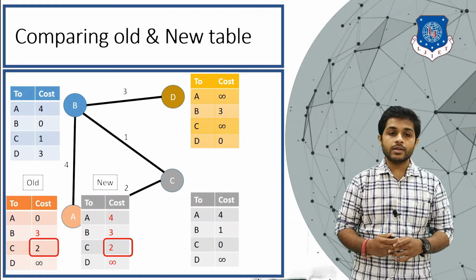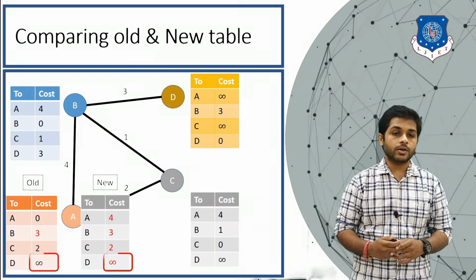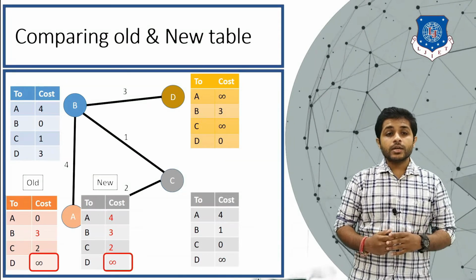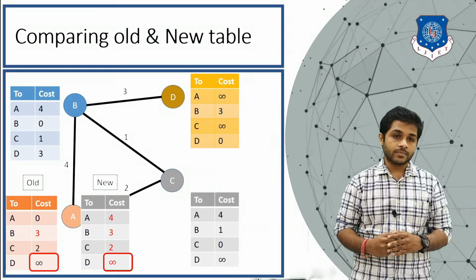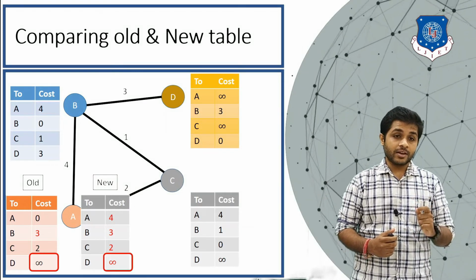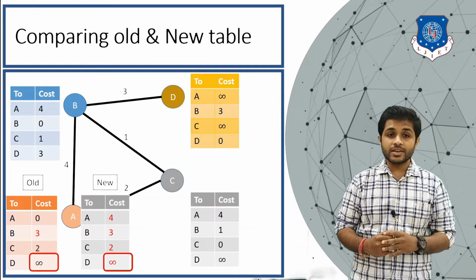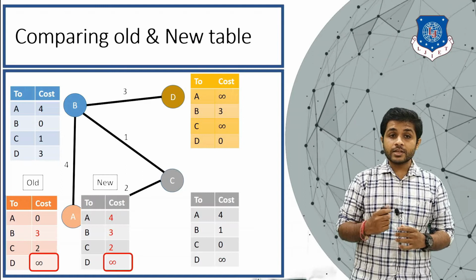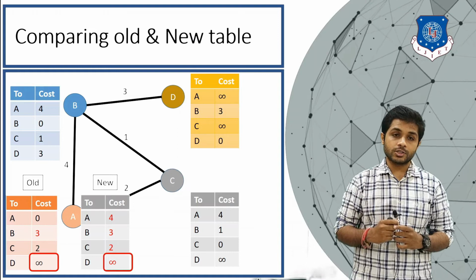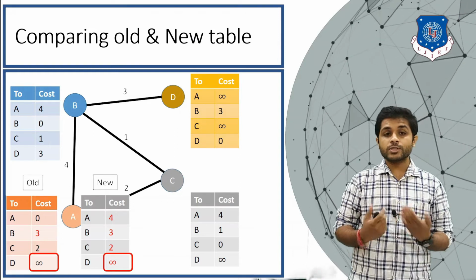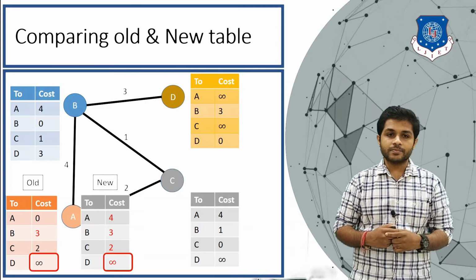In the third entry, there is no change that needs to be done, and the same is true for the last entry too. So right now, device A still doesn't know how to reach device D, but device A has found the minimum path to reach device B. So from this entry, if device A reaches device B via C, then it can reach at minimum cost. Okay, and what was the previous cost? The previous cost was 4. So after sharing, it has updated its table.